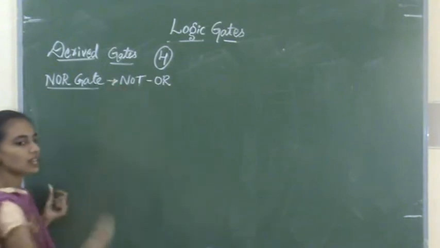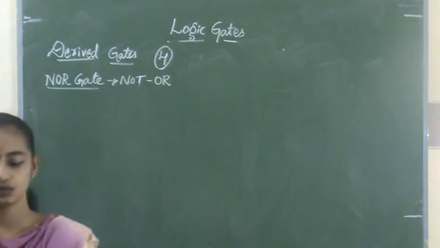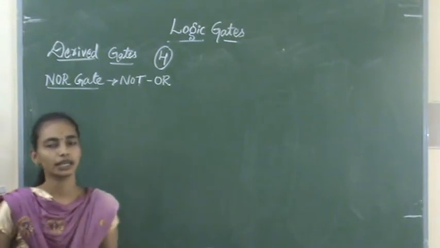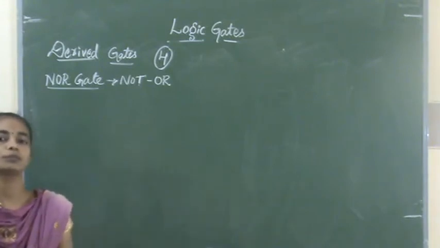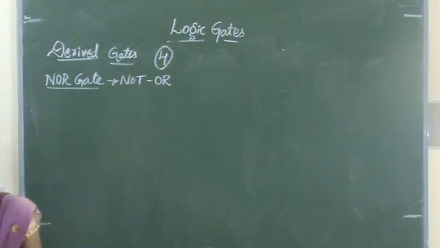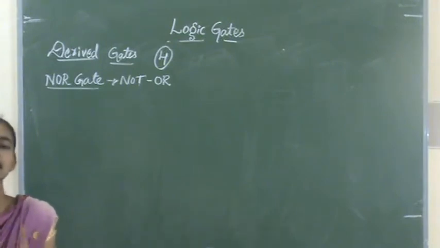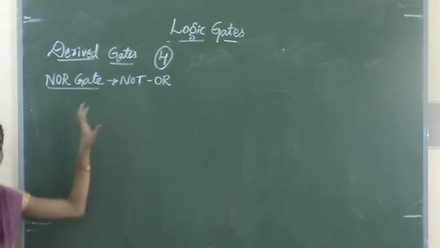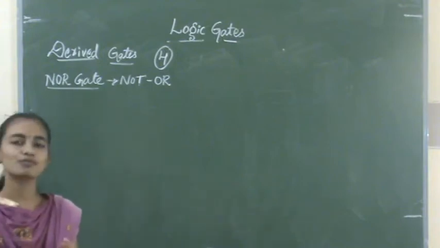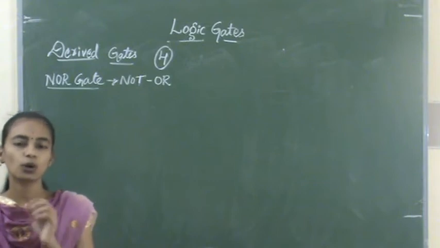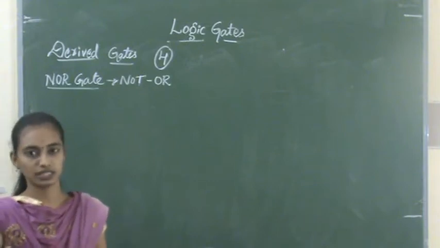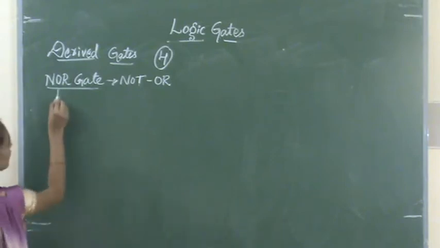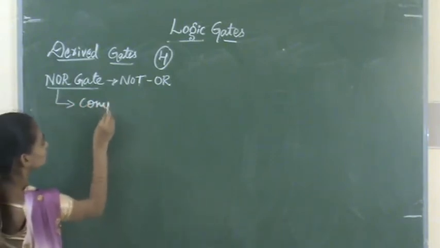So what does this NOR gate mean? The NOR gate accepts two or more input signals and produces only a single output signal. That we call the NOR gate. So the NOR gate has two or more input signals but only a single output signal. How it works is that it is a complement of